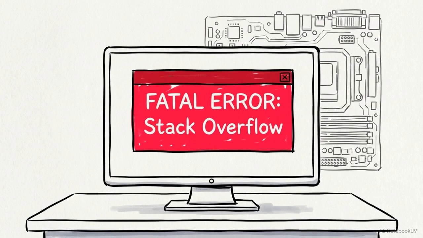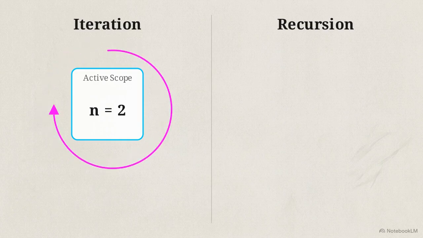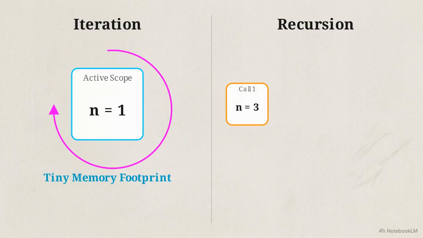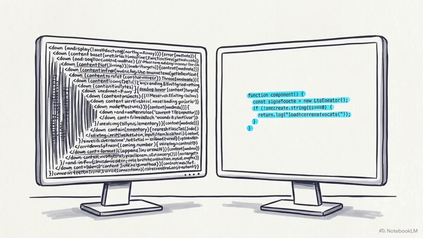If relying on the stack carries the risk of a memory crash, you might ask why we don't just process everything using standard for or while loops. In this side-by-side comparison, the iterative loop on the left updates a single set of variables in place, keeping its memory footprint tiny. On the right, the recursive function consumes a new block of memory for every single cycle, but completely isolates the nested math. Recursion trades memory overhead for clarity, providing a maintainable way to express algorithms that would otherwise require hundreds of lines